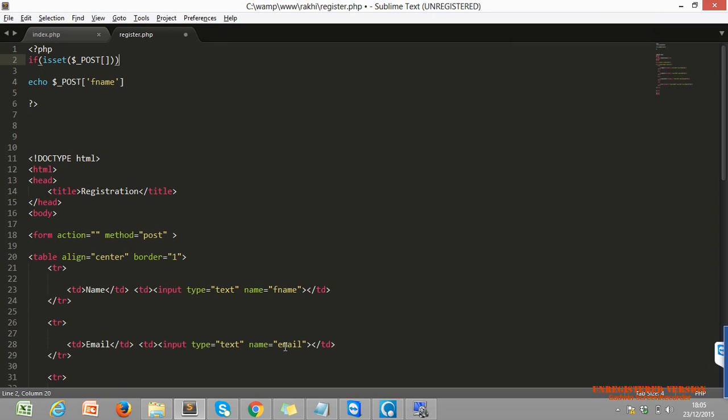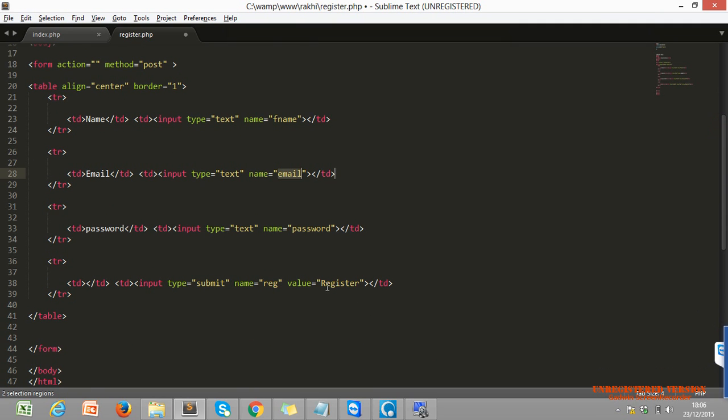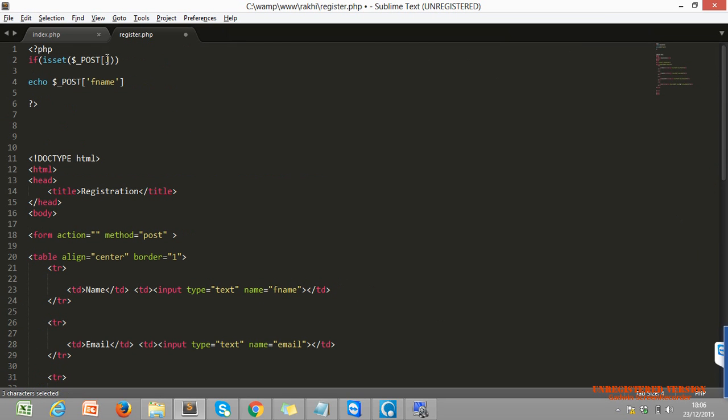This button is also one kind of input tag. We use the name reg, so this will also convert to a variable. So we are checking whether our button is clicked, whether our form is submitted, nothing else. We have to use it within the single code. Okay, one second, what have I done.